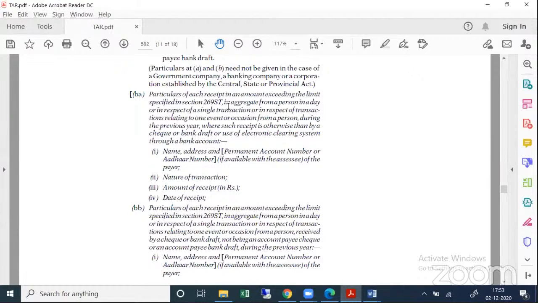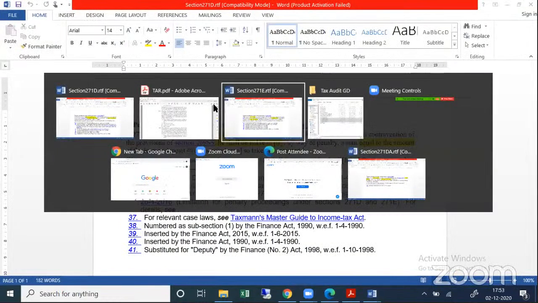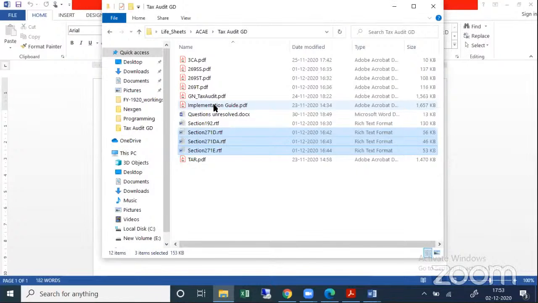Now this 3 lakhs which I took and repaid, I violated section 269ST because here the amount is 2 lakh rupees. For section 269ST the amount is 2 lakh rupees. Herein I have violated section 271DA. When we go to section 271DA,